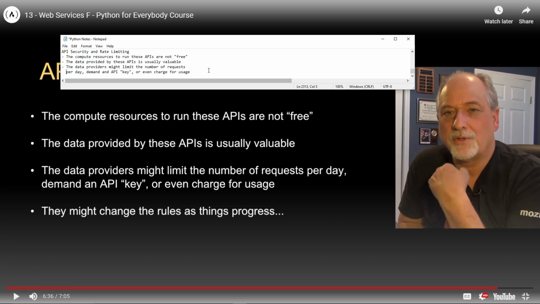They know we'll come back. Loyalty is more valuable than money. They might change the rules as things progress. True. And they will. Depending on how large your company gets, how much you're using, and so on.